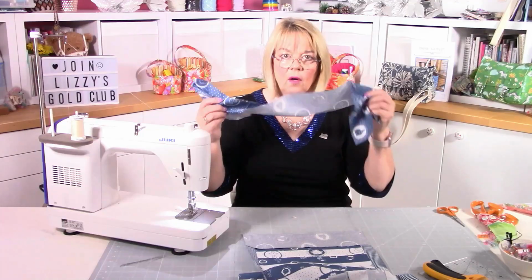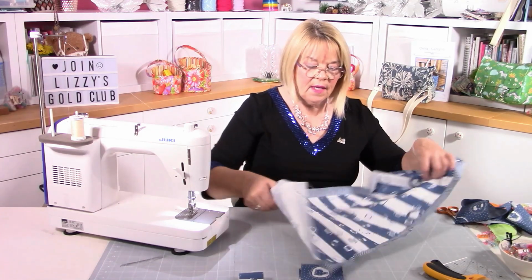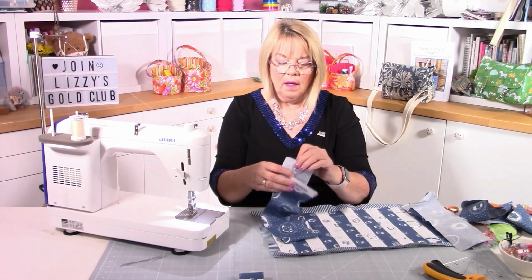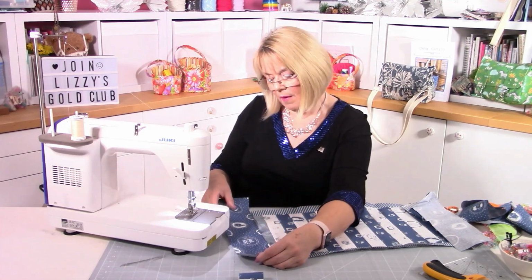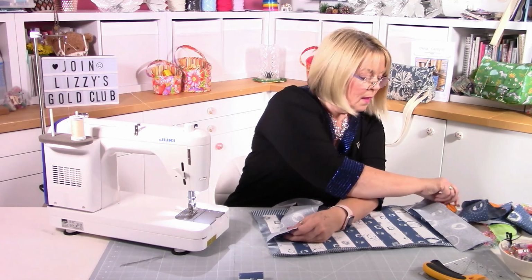So we've got one long piece left over, so that's for one of the sides. We'll press this in a second. So going over to the other long piece of fabric. You know, I could give you measurements for you to cut. Now make sure I've got my little animals going the right way. Yep. I could give you measurements to cut, but